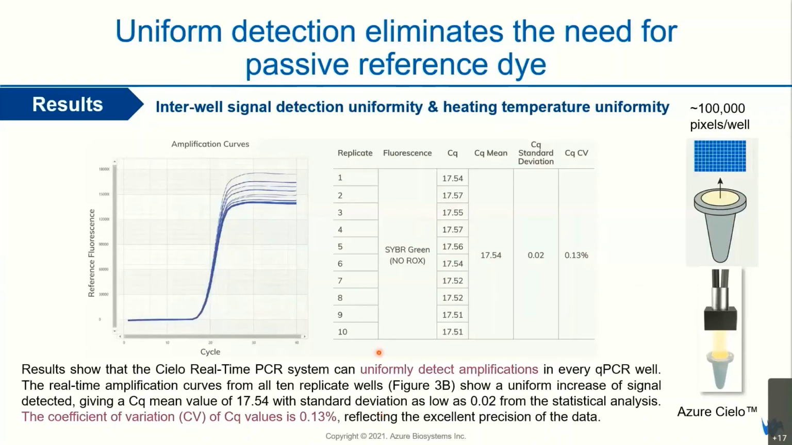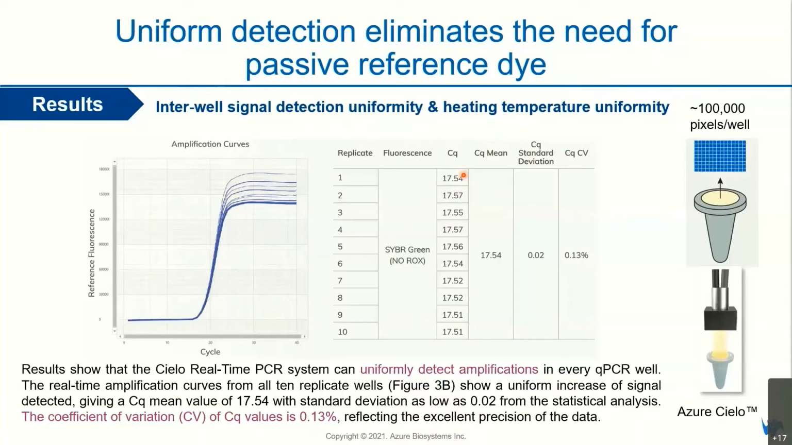Okay, now let us go into the result. You can see that all 10 of them have a very tight and uniform amplification curve. So this is an amplification curve. It shows that the Cielo system can uniformly detect amplification at every qPCR well. The real-time amplification curves of all 10 replicate wells show a uniform increase of signal detected and give a Cq